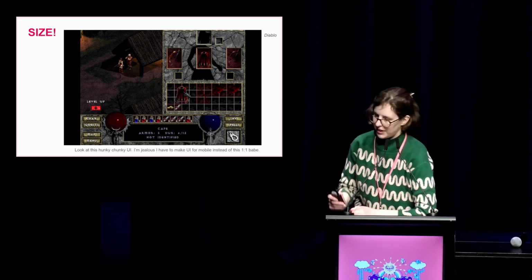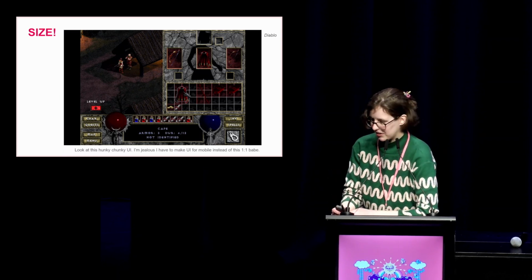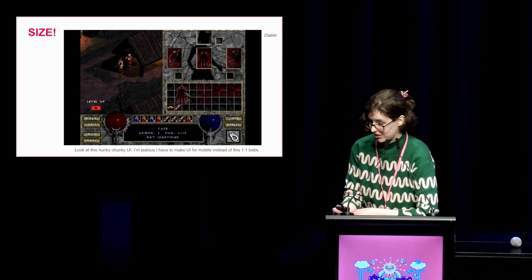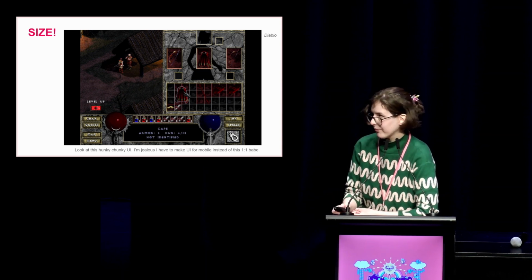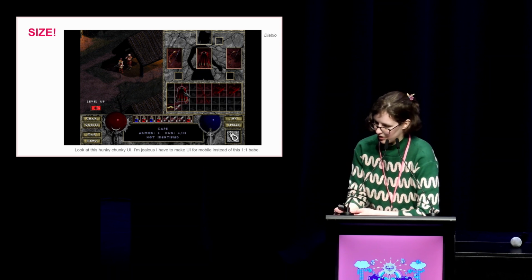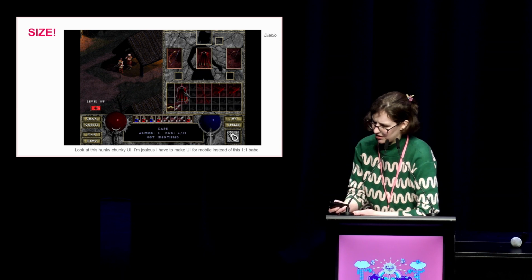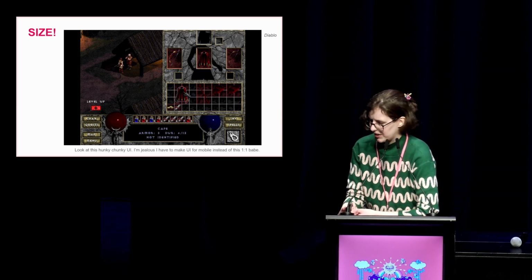All right, size. What is the screen size you're working with? Mobile games are going to be a lot smaller than console games on a TV or a computer. So like in the previous section, thinking about how much information and other content you'll need to show in your UI